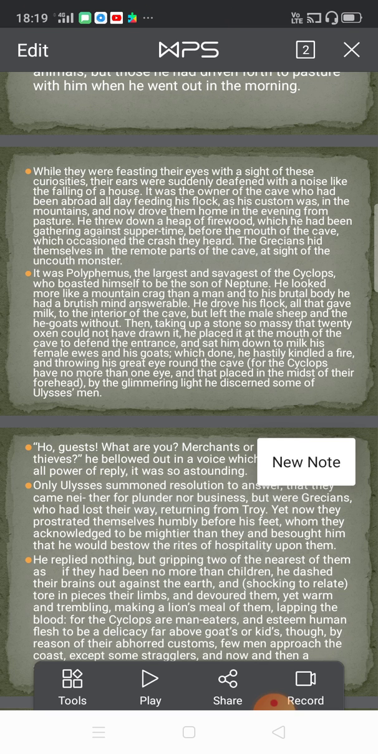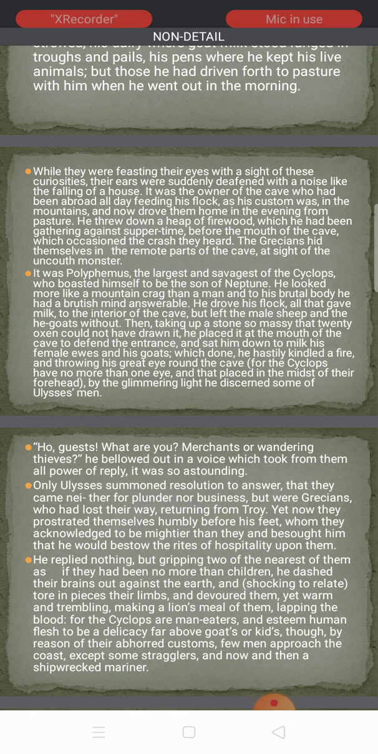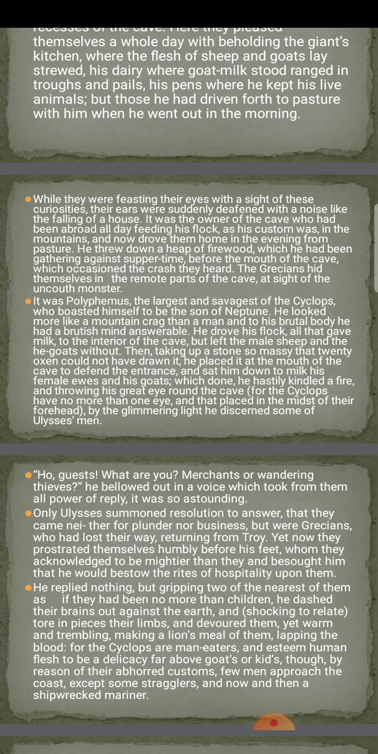Yet warm and trembling, making a lion's meal of them, lapping the blood, for the Cyclops are man eaters. So suddenly he caught hold of two, three men, and then he tore, and then he started eating and drinking blood also. Then Ulysses found that the Cyclops is a man eater, and esteems human flesh to be a delicacy above goats or kids,